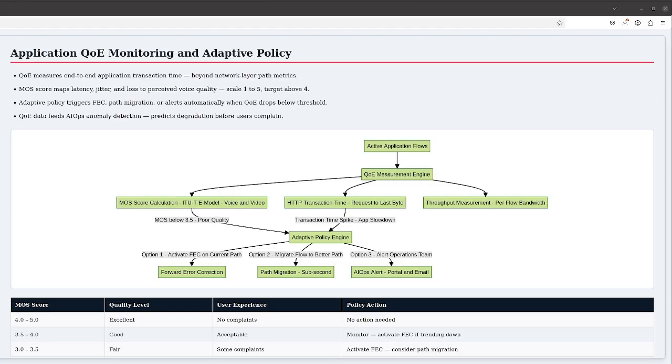Prisma SD-WAN QoE monitoring works at the application flow level. For each active application session, the ION device measures the complete round-trip transaction time from when the client sends a request to when the server's response is fully received. For HTTP and HTTPS traffic, this corresponds to the time from the HTTP request being sent to the last byte of the HTTP response being received. For voice and video, it corresponds to the MOS score, mean opinion score, calculated from the measured packet loss, latency, and jitter using the E-model algorithm defined in